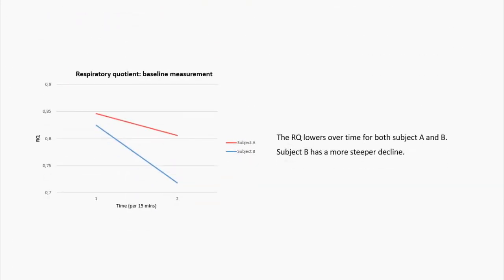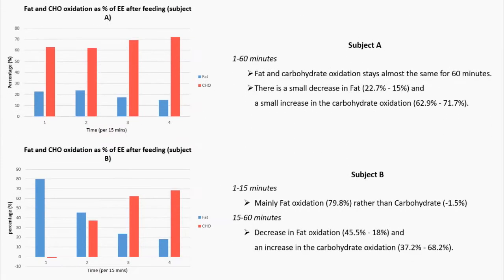When we look at the RQ for the 30 minutes baseline measurement of subject A in red and subject B in blue, the RQ lowers over time in these 30 minutes, in which subject B has a steeper decline than subject A. After the ingestion of unknown substance A by subject A and substance B by subject B for